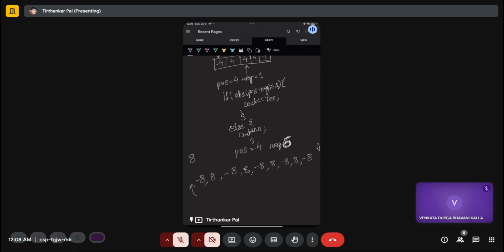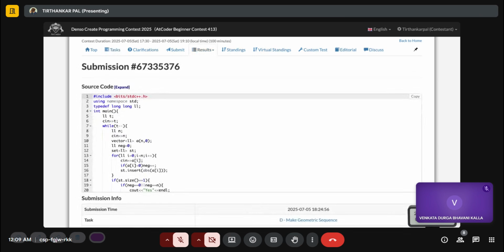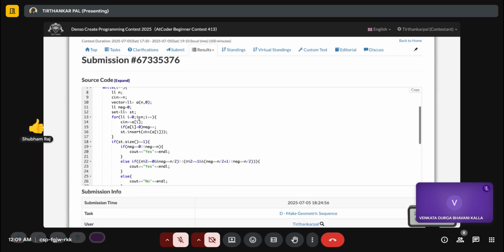So now if we just see the uh, actual code, so this is the actual code. uh, is it visible? Okay,